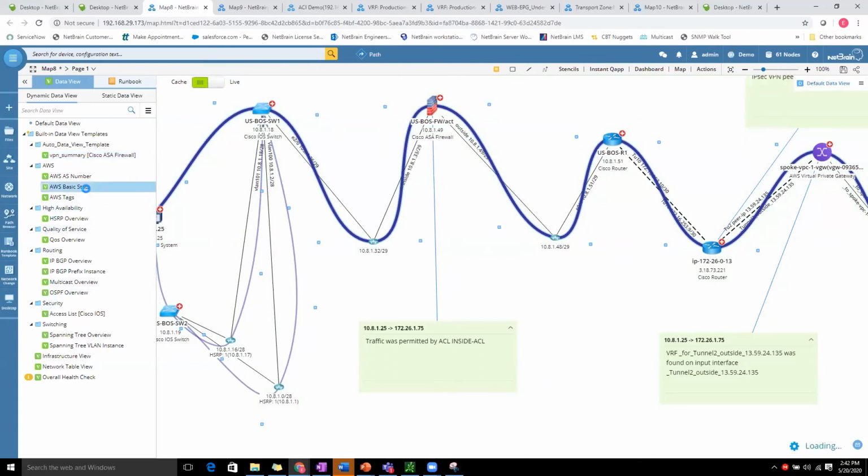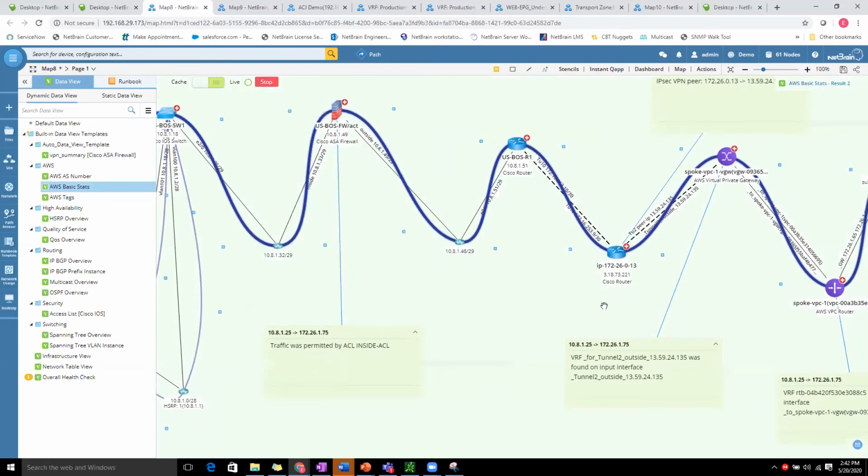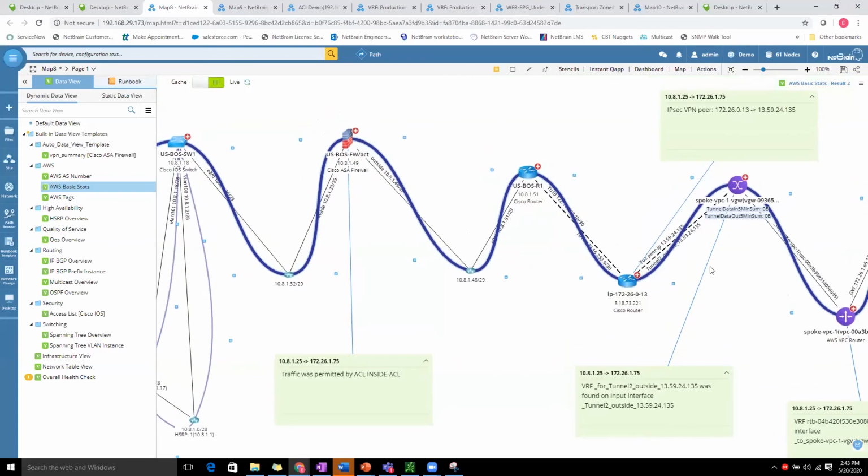So let's say, for example, I'll quickly get this information here. We'll pull that information live once from this particular environment. And you'll see NetBrain will leverage APIs to start getting that information from the virtual private gateways that we currently have within the AWS environment. This automation we talk about, like I said, these are just samples that we build out, not relegated just to switches and routers. NetBrain allows us to pull information from the environments that we currently have. Now, jumping back a step,